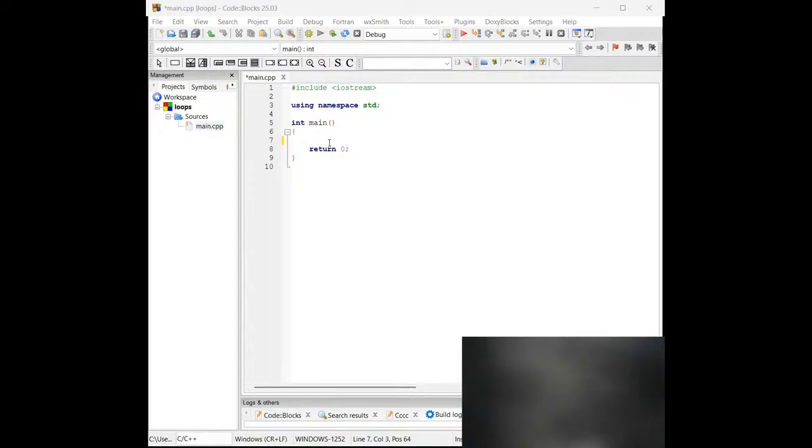So, firstly, we are going to start with loops. What is a loop? When we say a loop in C++, let me create a comment here. A loop in C++ is basically a control structure.